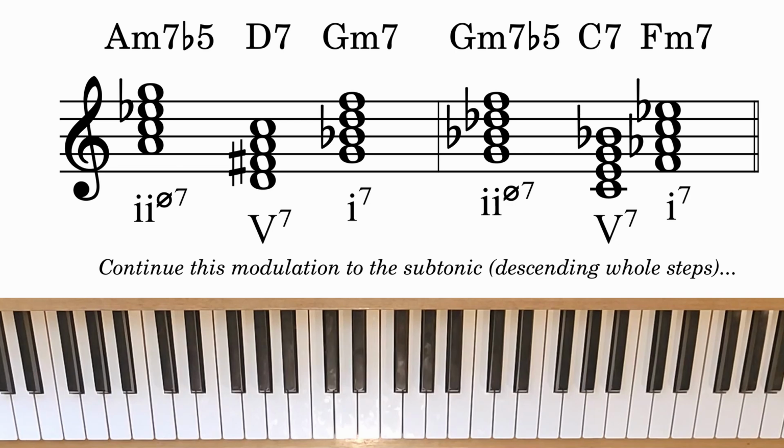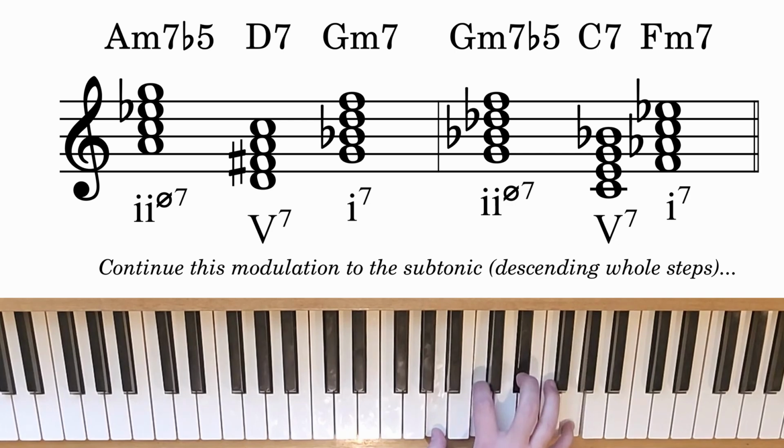In a jazz context, we most commonly will have a 2, 5, 1 as the most common chord progression. We can use this to build out our understanding of how to integrate half-diminished chords into our vocabulary. We'll start off first with a minor 7. And this starts as our home bass chord. Now we're going to be moving to the key of G minor, a whole step below. This A has now become the 2, 5, 1. So we go from A minor to an A minor flat 5,